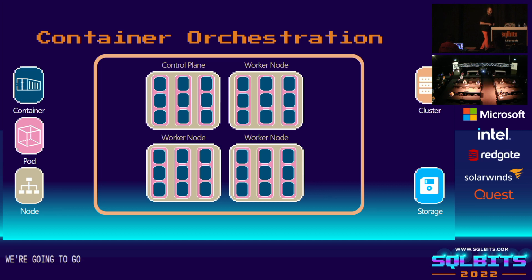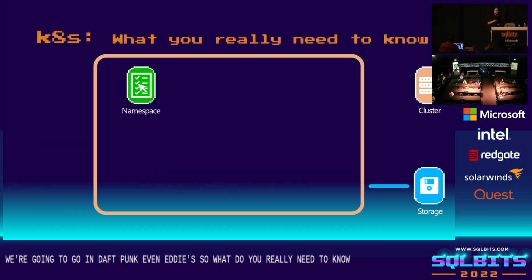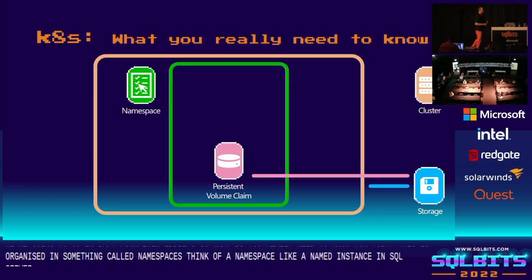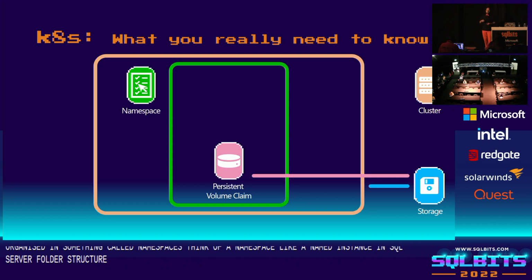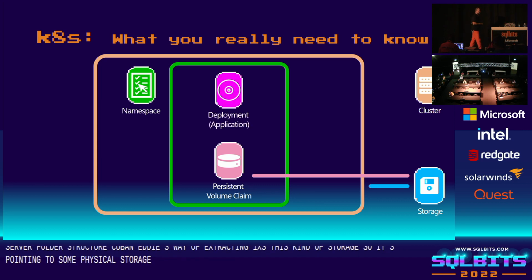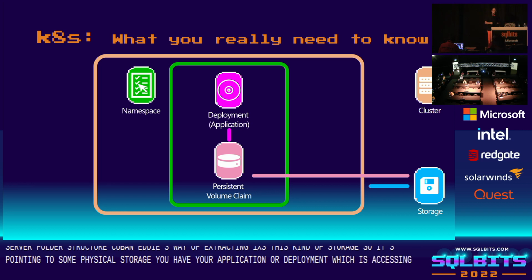We're going to go more in depth on Kubernetes. So for Kubernetes, what you really need to know for today: Kubernetes is organized in something called namespaces. Think of a namespace like a named instance in SQL Server. Single level folder structure. Within that namespace, you will have something called a persistent volume claim, or multiple, which is just Kubernetes' way of abstracting, I want to access this kind of storage. So it's pointing to some physical storage. You have your application or a deployment, which is accessing that claim, so it's accessing that storage,